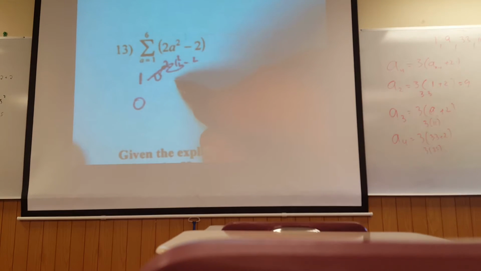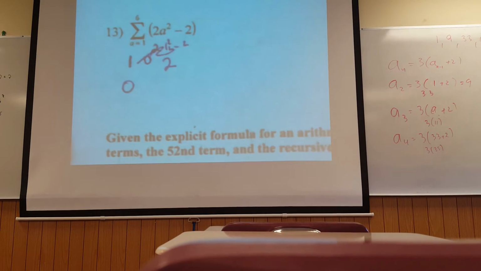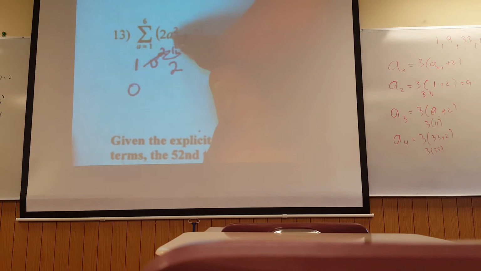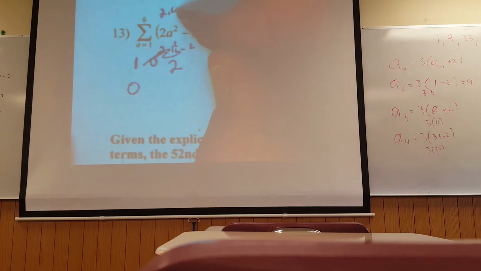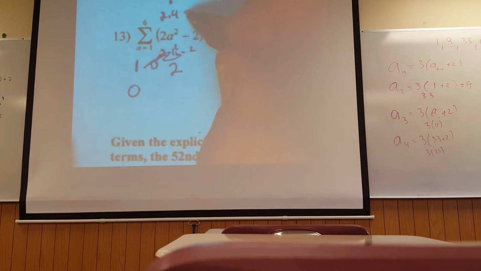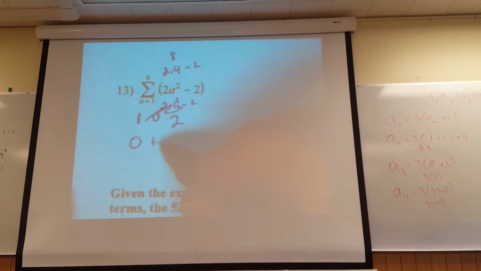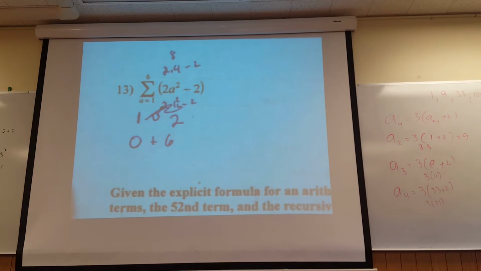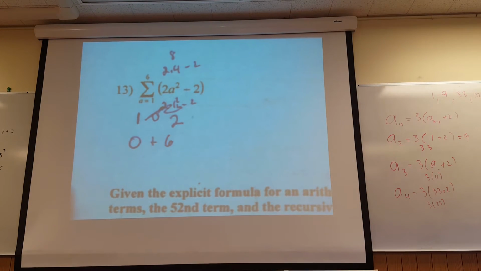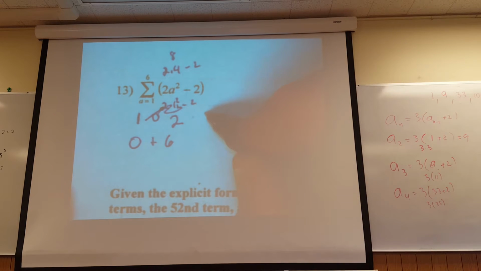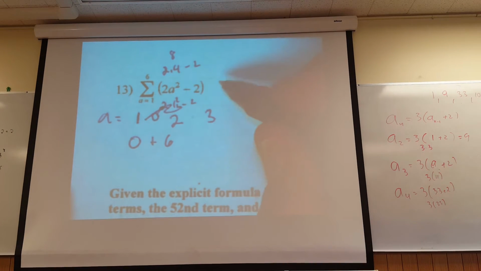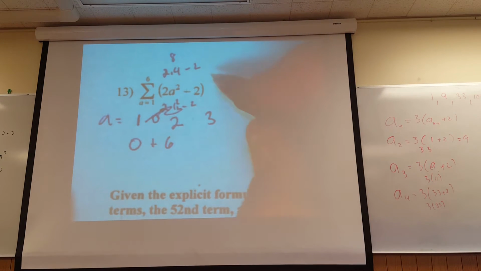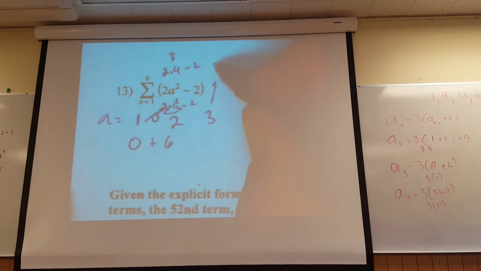Okay, when A is 2, now you put 2 in for A, so that's 2 times 4, which is 8 minus 2. So I get a 6. Okay, when A is 3, now that's 3 squared. So that's going to be 2 times 9, which is 18 minus